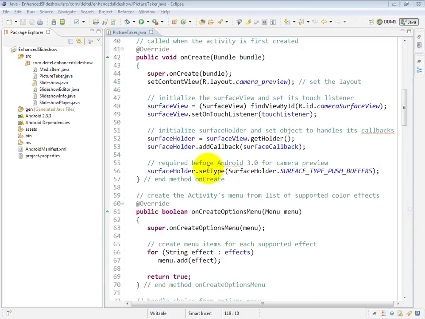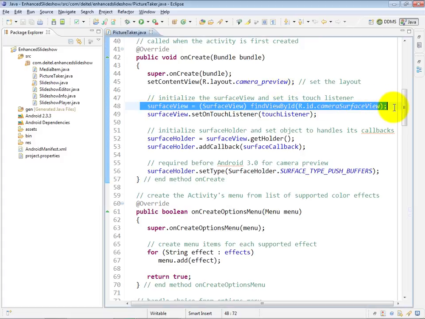When the PictureTaker activity's onCreate method is called, we configure the surface view, get its surface holder, and also configure our listeners that have to do with the surface view as well. So you can see here in onCreate that we load up our camera preview layout, which is the layout for this activity. We then obtain from that layout the surface view, which is the only object inside of that layout, and we set its onTouch listener